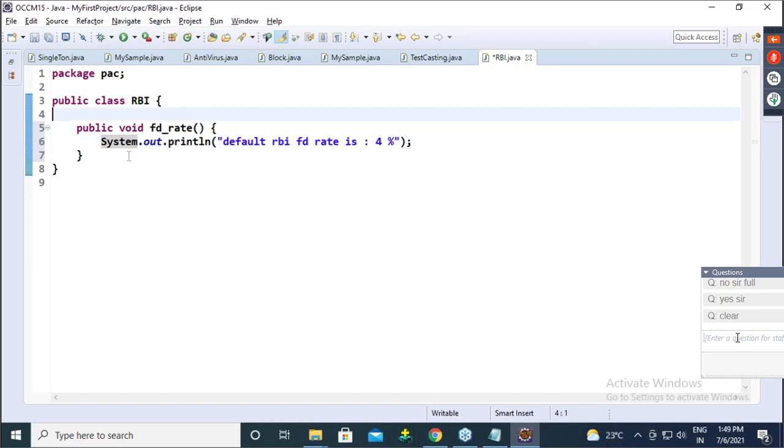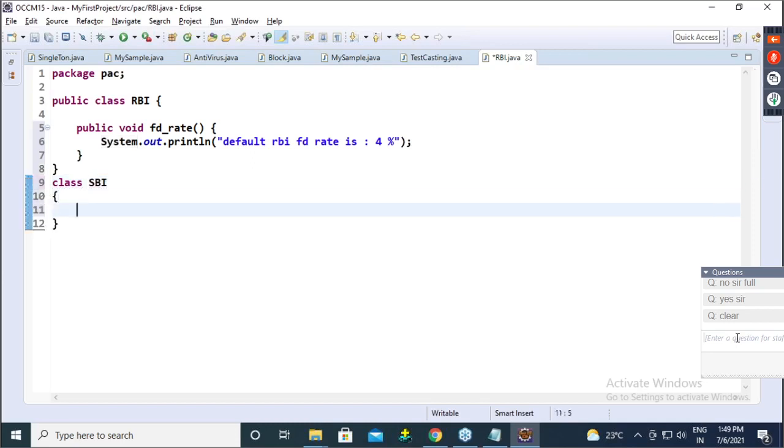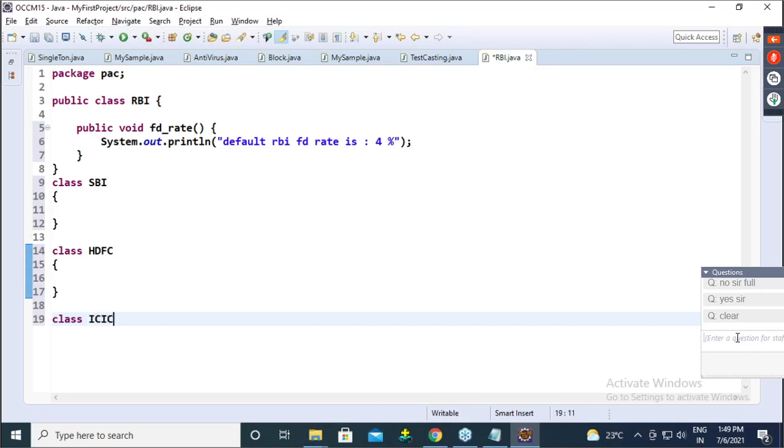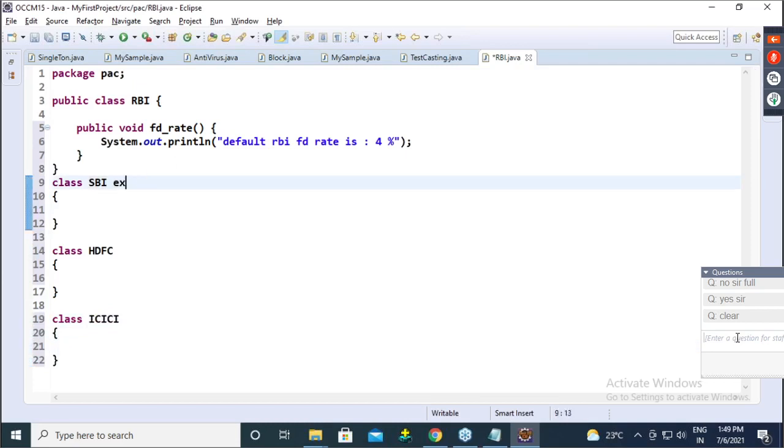Okay. So now, guys, here we will have a few more classes. Is everyone understanding? Same kind of code we wrote before also. Now here we will give extends RBI.